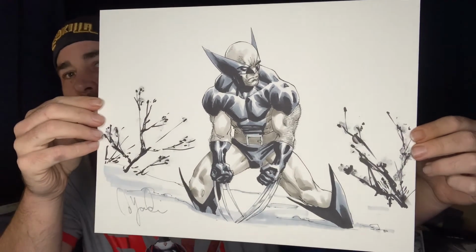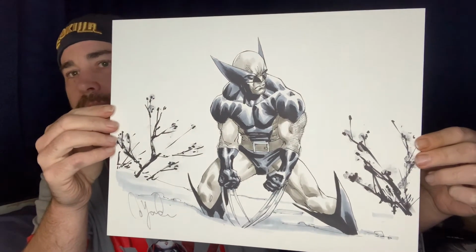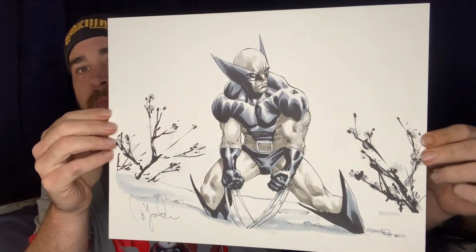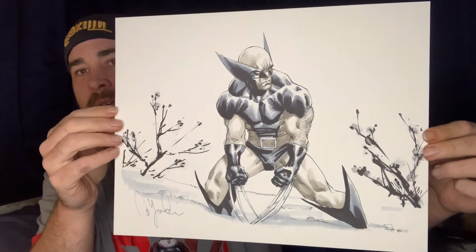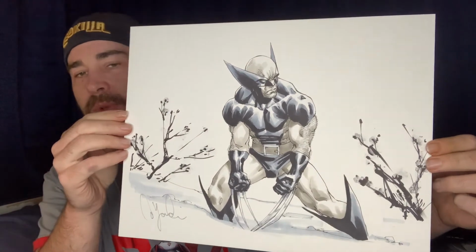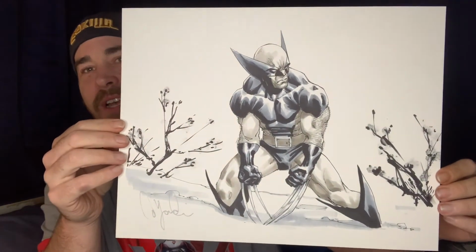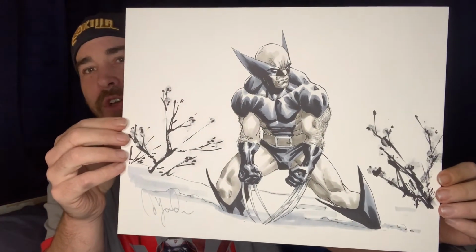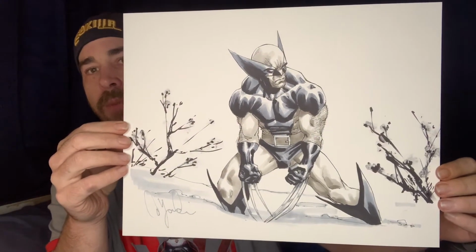As you see, David does most of his commission stuff in Copic markers. Now, this being really early, you'll see the natural progression as well, that he gets a lot better over time. Not that he was ever not that good. David is an awesome artist, and he is a great mate of mine. But that is my first ever convention sketch that I ever got, and that was done here in Melbourne